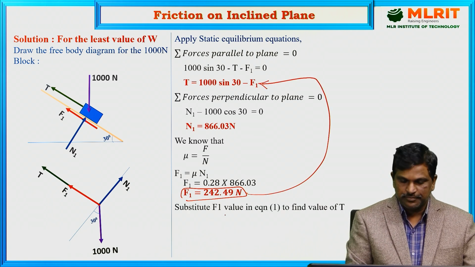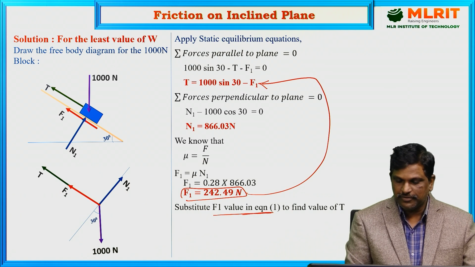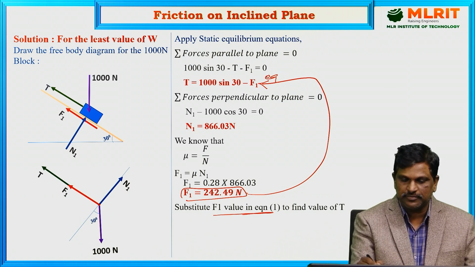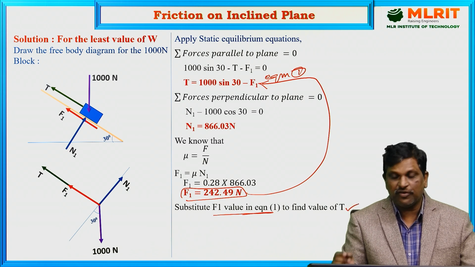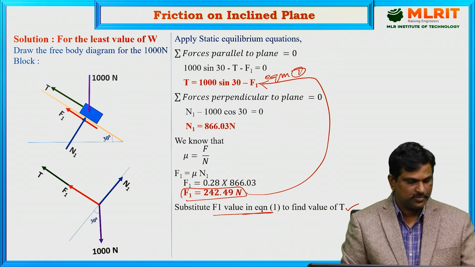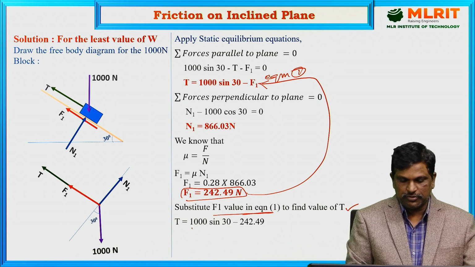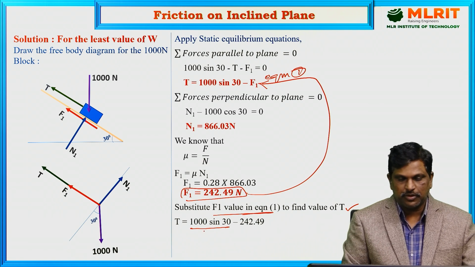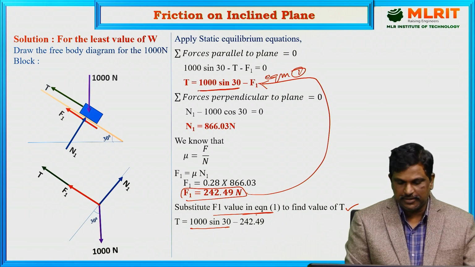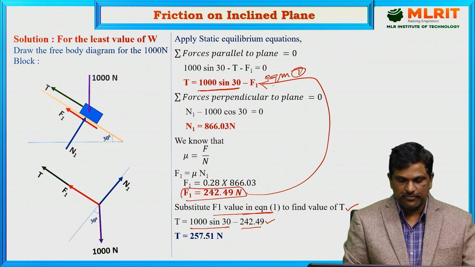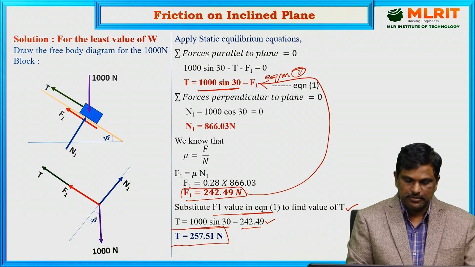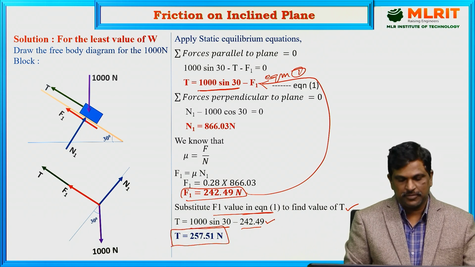Substitute the value of F1 in equation 1. This is equation 1, to find the value of tension in the string. So T is equal to 1000 sin 30 minus F1. F1 is 242.49. So that we'll get the tension in the string, which is